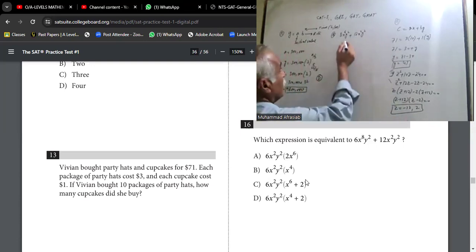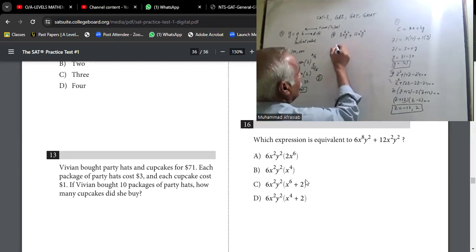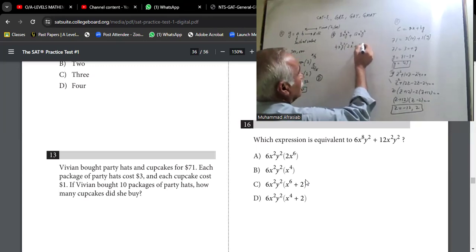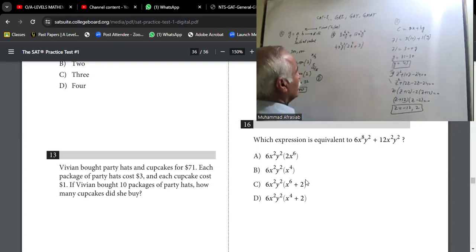So we have common there 8 and 12 as 4, x^2 and x^6, the least power is x^2, y^2 and y^2 there is y^2. So it should be left there 4 twos are 8, x power 4 plus 4 threes are 12, x square is already there, y square is already there. So this is the answer for this question there, which is equivalent to,